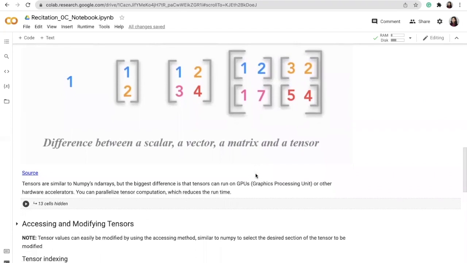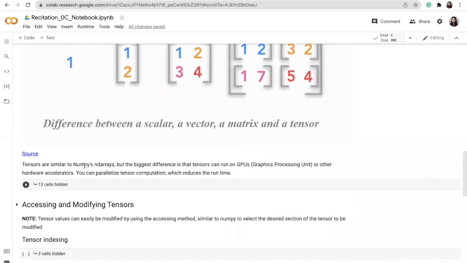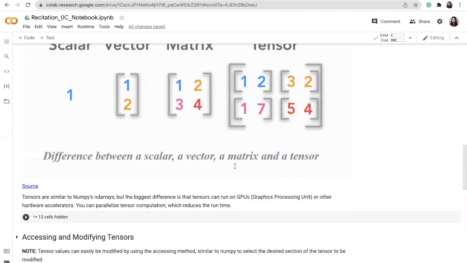But apart from this, the main difference between NumPy and tensors is that tensors allow you to run these computations on GPU. A GPU is a processing unit which makes your computations faster. You can parallelize your matrix multiplications and other operations.